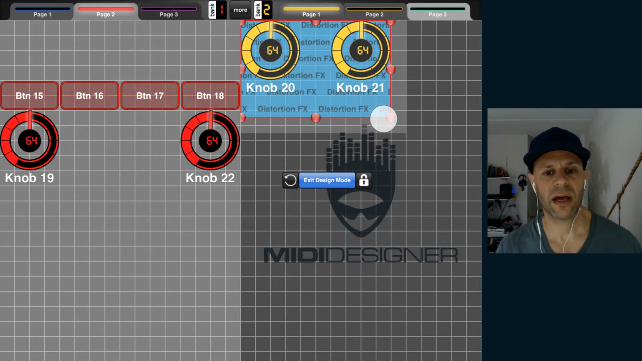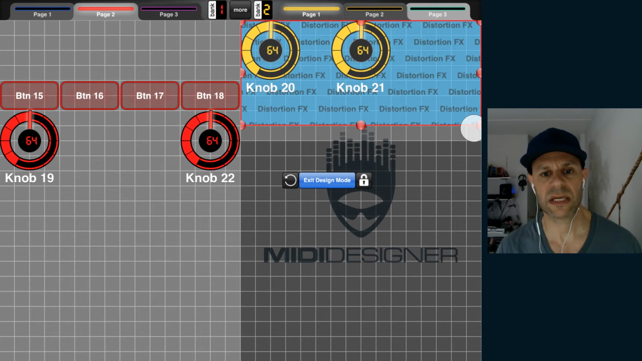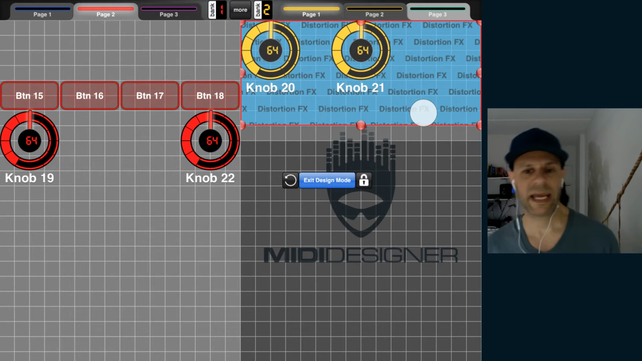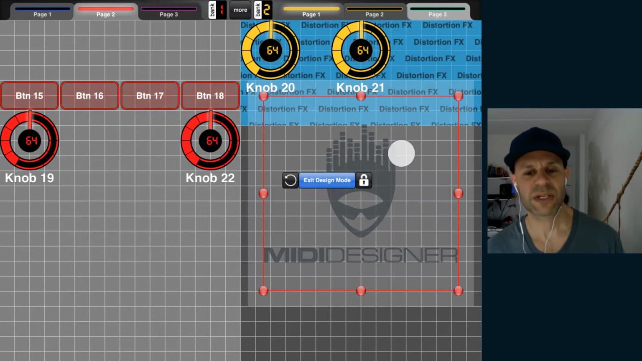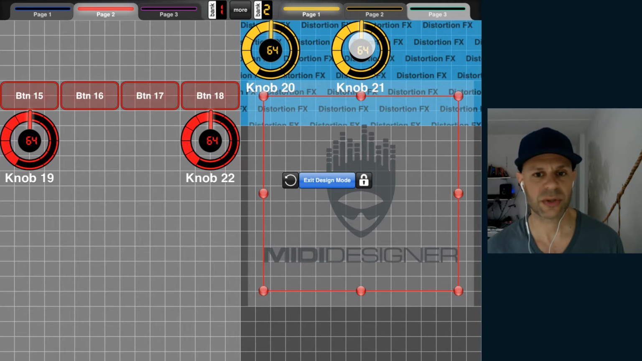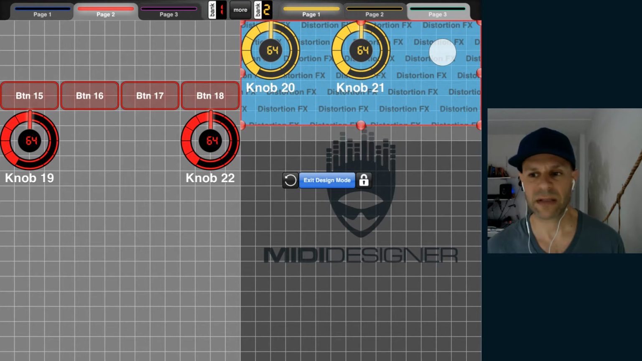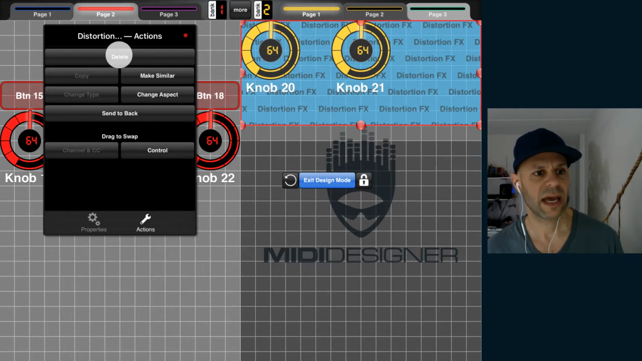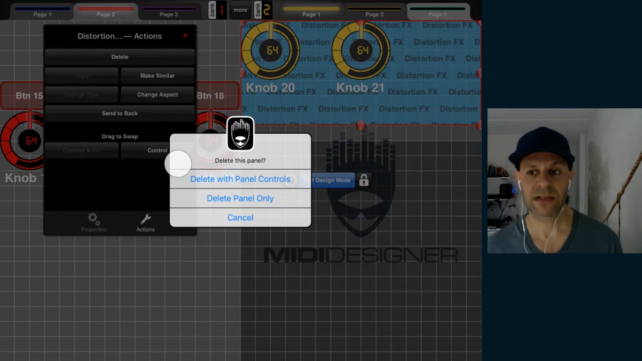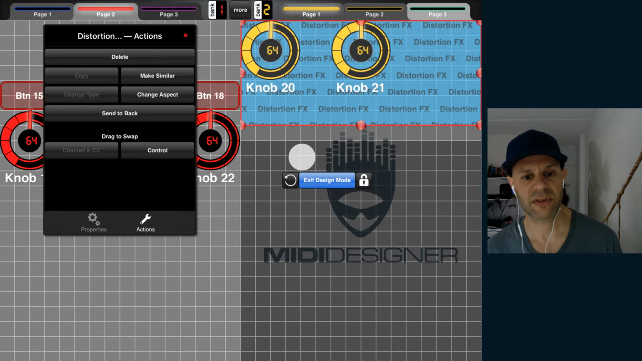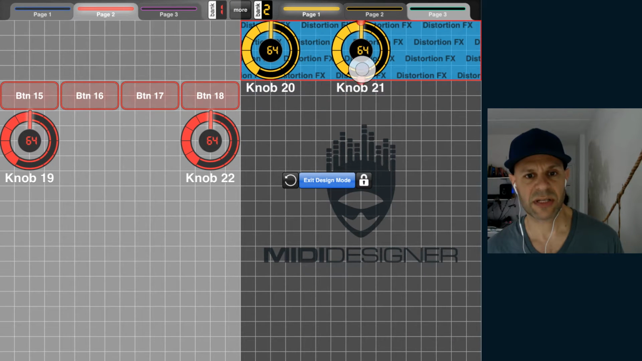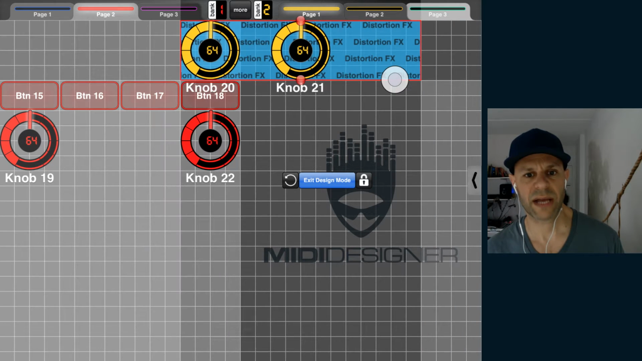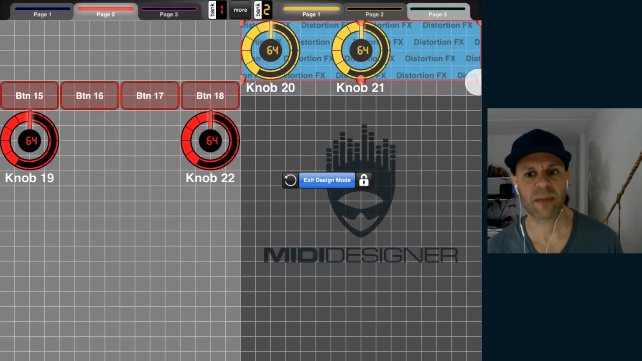And users made a request for 2.8 that we rolled out, or 2.81 I think, which was to allow panels to be deleted without deleting their member controls. So if you double tap on a panel and go to Actions and tap on Delete, you will get Delete with panel controls, Delete the panel only, or cancel out to do neither of the two. So that's one thing, is that you can delete the panel without deleting its constituent controls or its member controls,